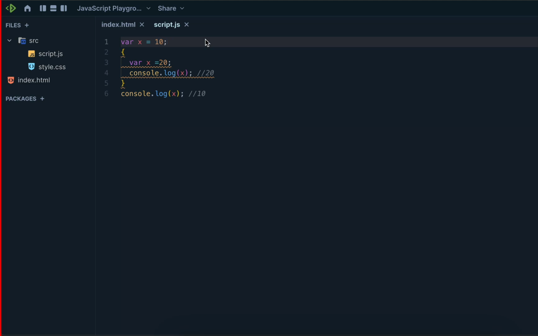Make sure that we have the block. Okay, here we have the block. Second one? First one is 20, and the second one is also 20.